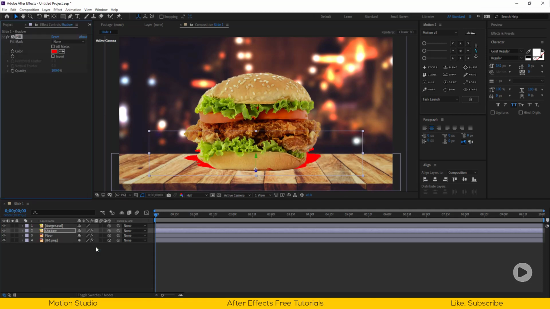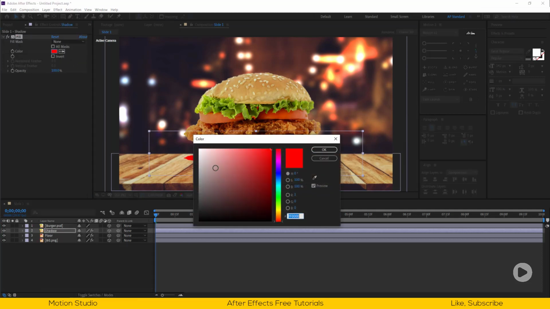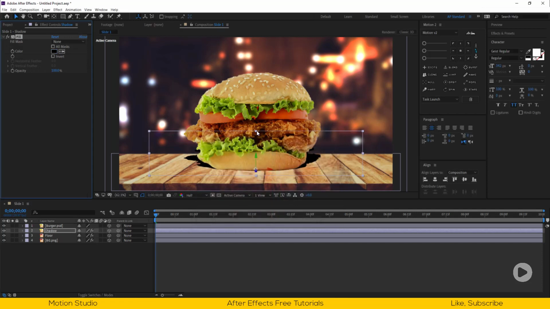Apply the Fill effect on the shadow layer, and change the color to black. And adjust the position a bit down from the original image.